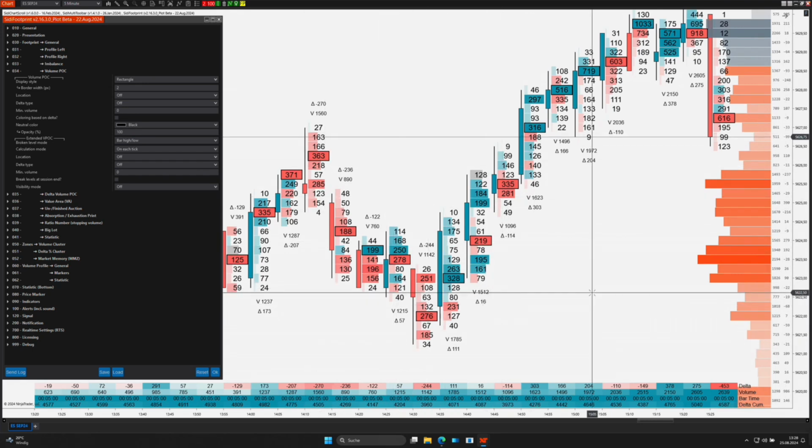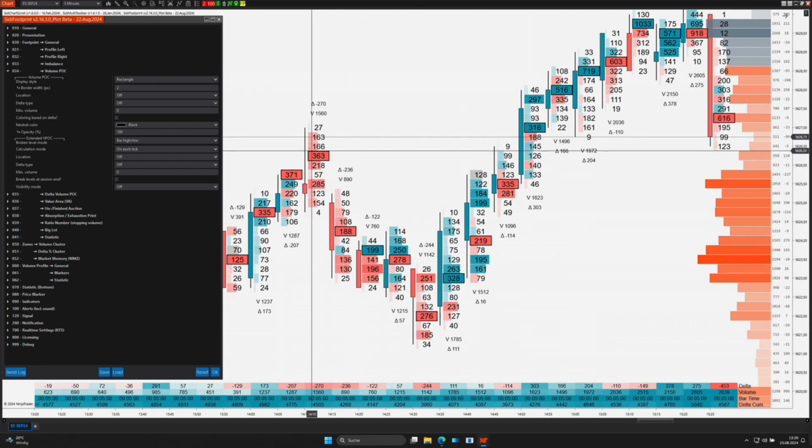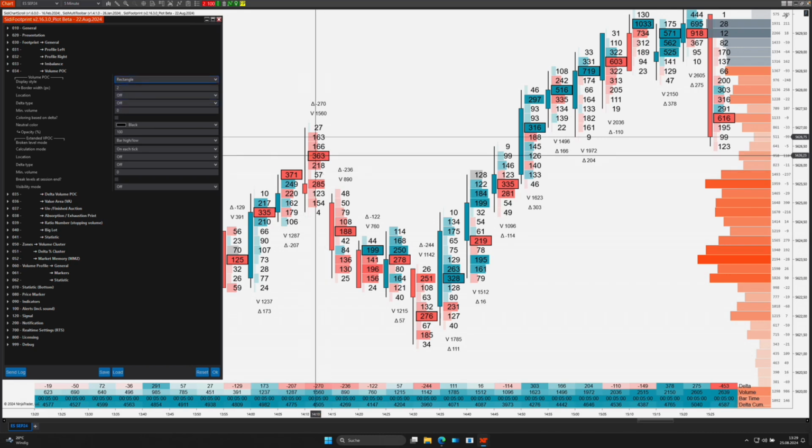I have changed the text here to volume, and we can already see where the largest value is. We have a black frame around this field. We can set here whether we want to have this frame, i.e. this rectangle, a text highlighting, or both. I like to have this here on rectangle to be able to see the whole thing here.